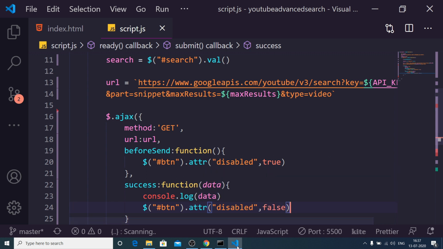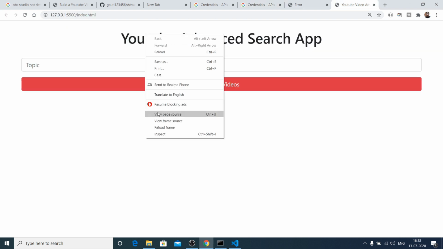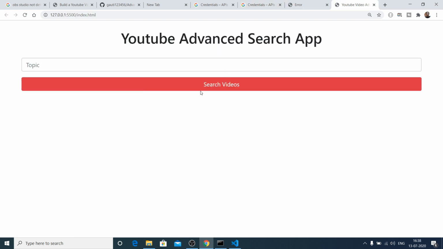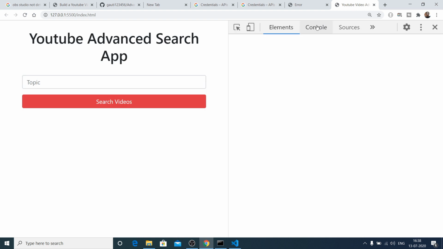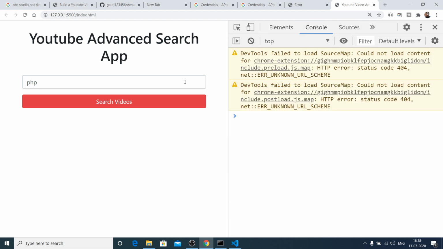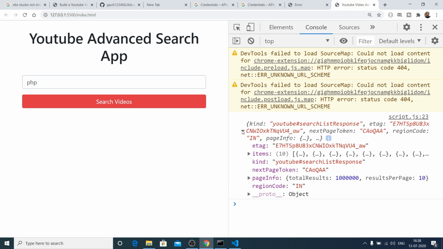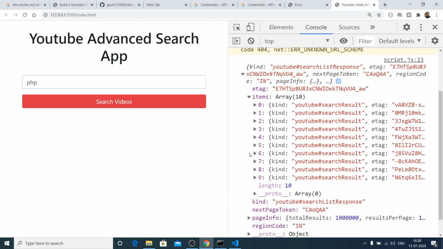Now we can check whether the application is working or not. If I go to the application, right click, inspect element, and go to the console, and search for any topic, PHP, and click search videos, you will see a JSON response coming back from the API holding 10 items.